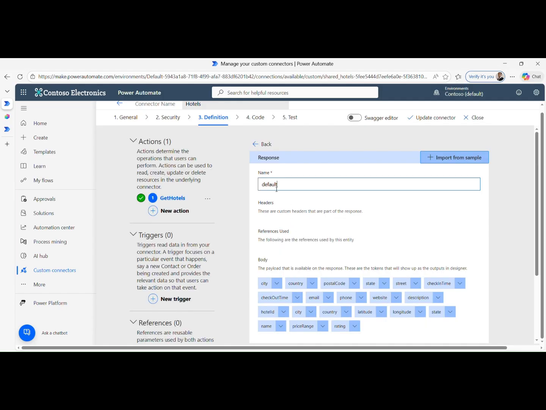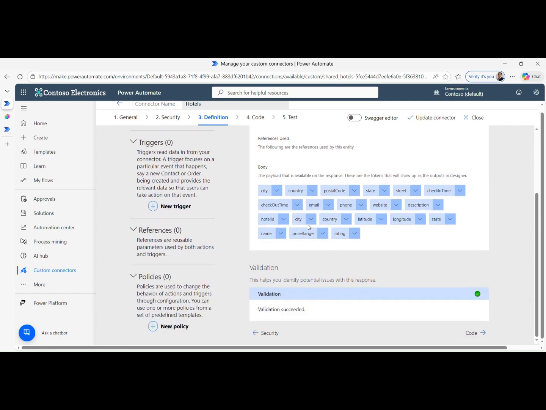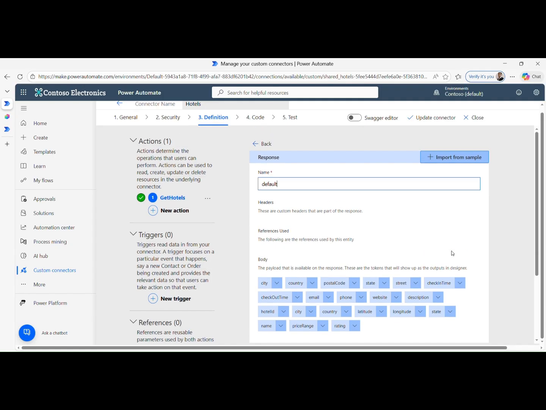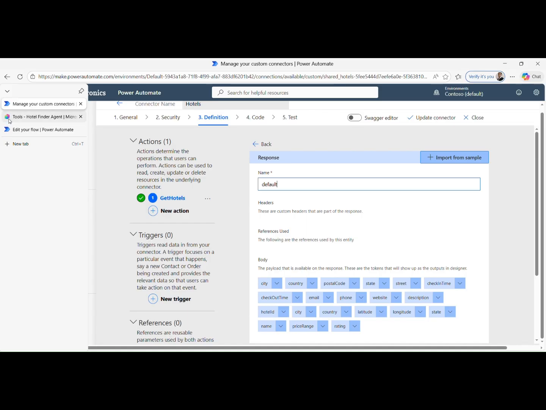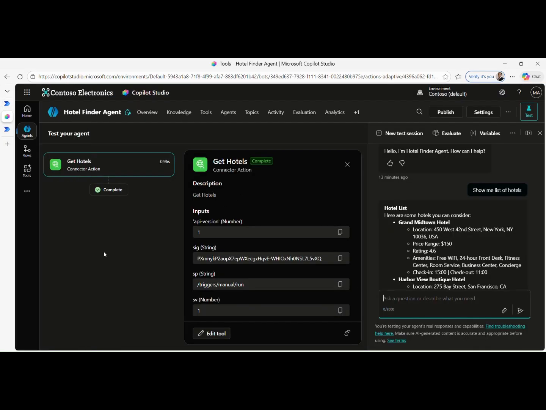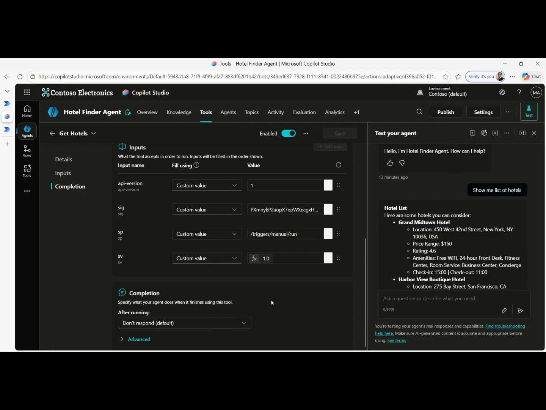All you can do is just copy the same JSON and put it out here, and capture the JSON response from the API. This is really very important because this action tells the tool in Copilot Studio what different schema options are available as part of the output, and that is exactly what we are going to use in our adaptive card. Now, next what we will do is go and edit this tool and scroll down,